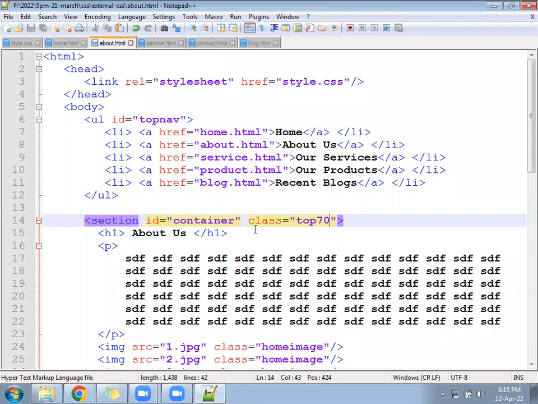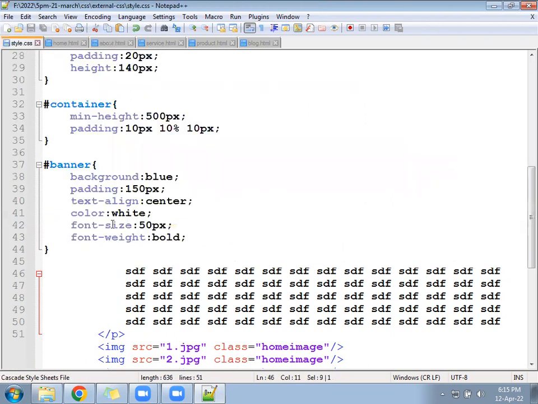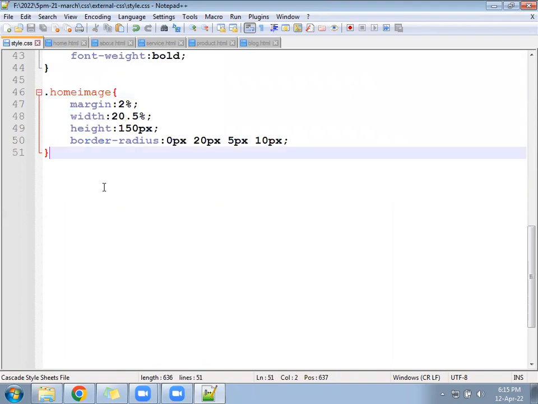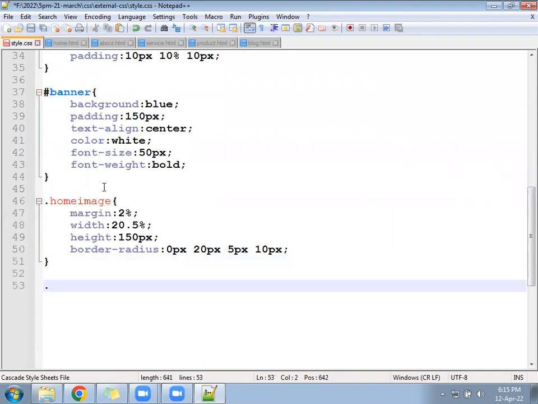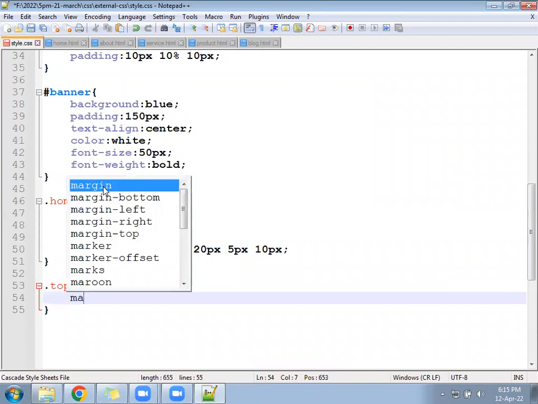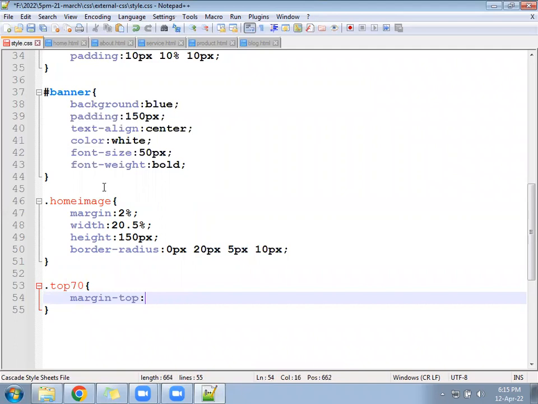Okay, ready? Now come to the style.css file. You will write a class top 70. In that you will write margin-top 70px.